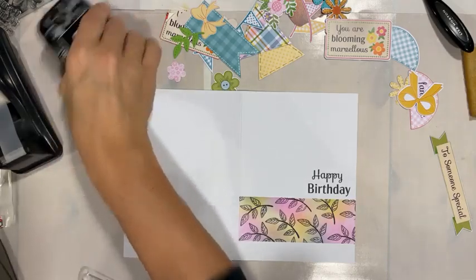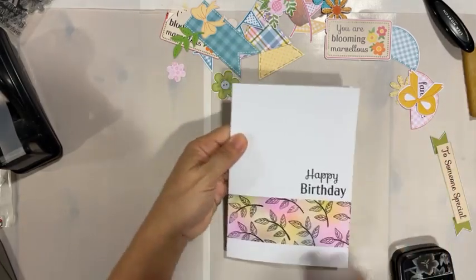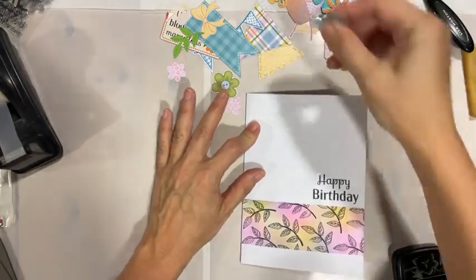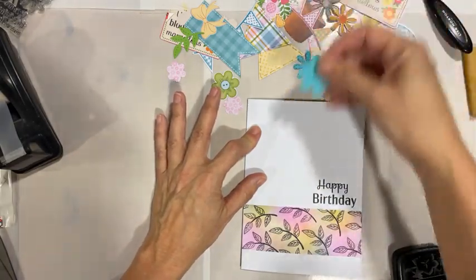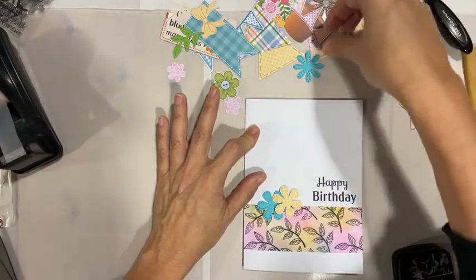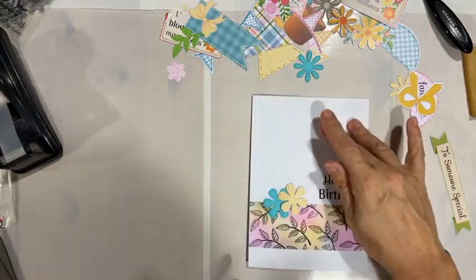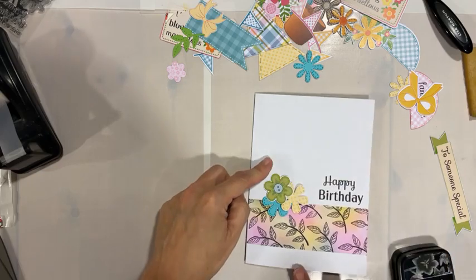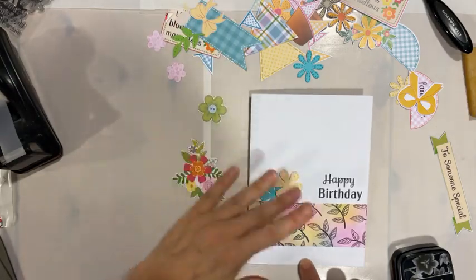It's cool, isn't it? And actually, me being me, I would be likely to send that as a card as it is. But if you don't want to, I've die cut some of the flowers in different colours. So if you wanted to, you could pop a few flowers on. I can't pick them up because I've got no nails. You could pop a few down like so if you wanted to, and pop your little embellishments in the middle, or you could take those away,